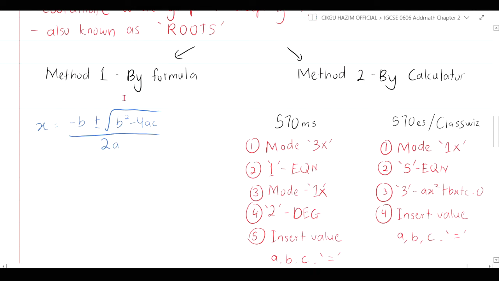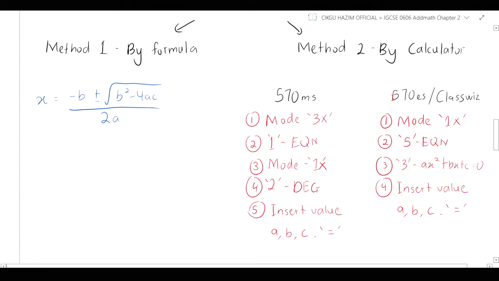Okay, and method number 2 here is by calculator. If you are using a Casio calculator, especially the Casio 570MS and 570ES or ClassWiz, that's what I put over here. If you are using another kind of calculator, I'm not sure about that, but most of you guys are using Casio. Okay, so the steps for Casio here: